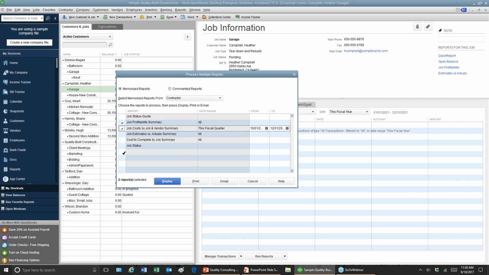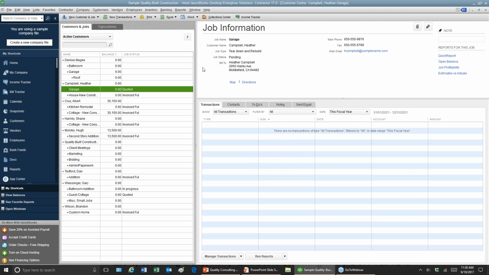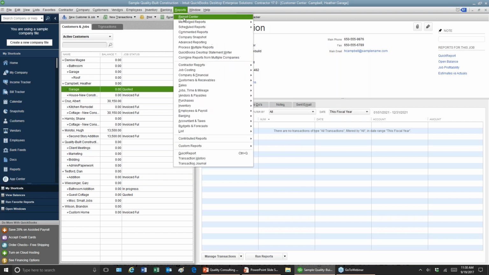You can cherry pick, or you can have them all selected. Maybe you have your weekly job meeting with your project managers. You can have those particular reports set up in a weekly meetings group and have those printed out or displayed to email or whatever you want to do with those every single week. Okay, so that's one of the benefits of using the memorized report list.